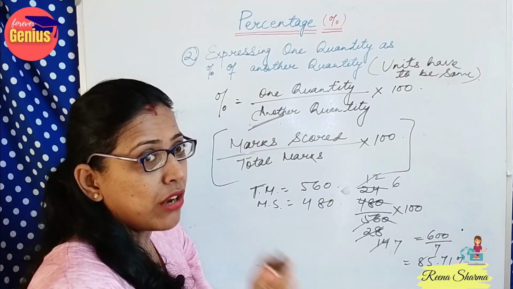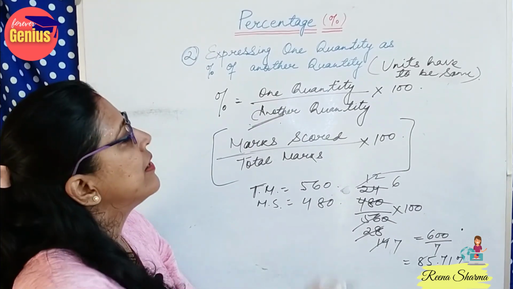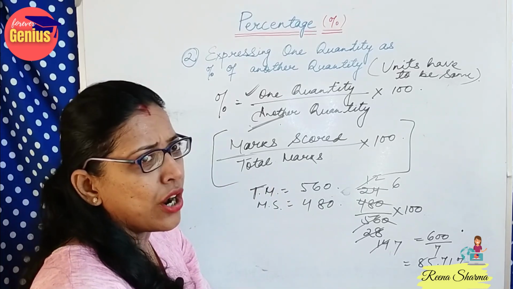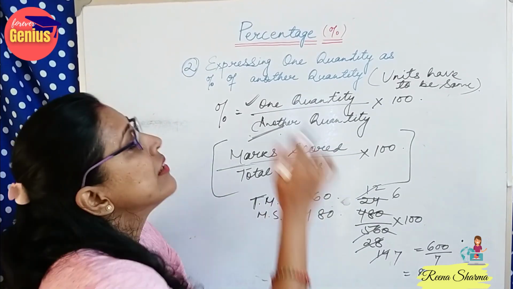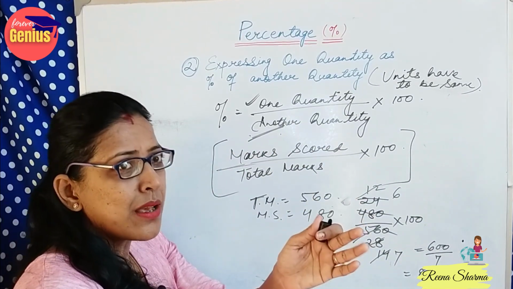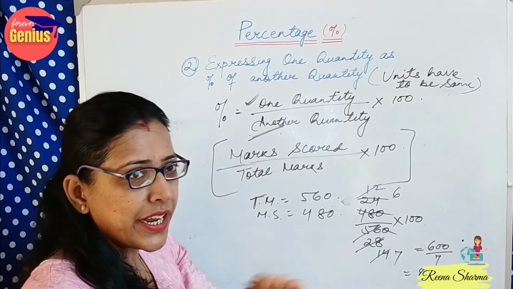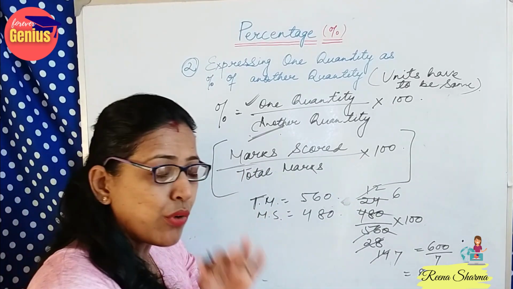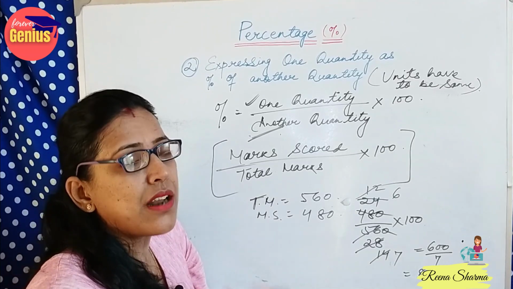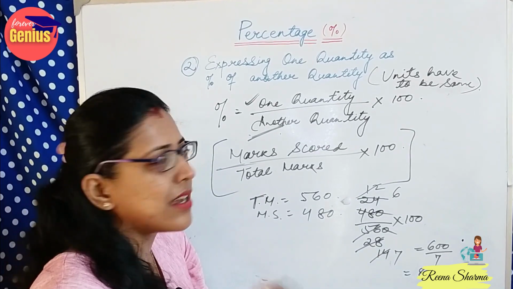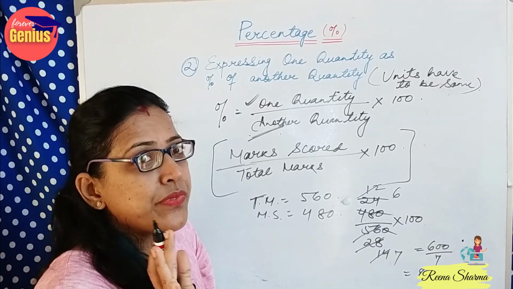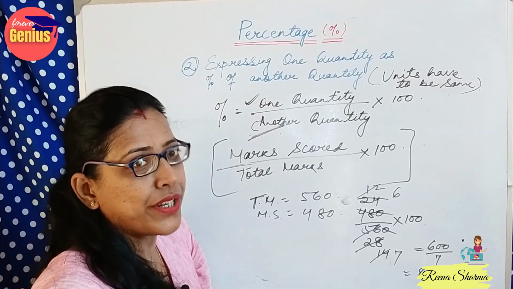In the denominator, we will always take the total quantity given, and the numerator will be the quantity used, eaten, given, secured, achieved, whatever. But the units have to be the same. I cannot compare grams with kgs. If gram is there, please convert the question into gram or kg, in whatever way you are convenient. But the unit has to be the same. If you compare different units, then the answer will come wrong. So, smart students, please take the same units when you are comparing any quantities.